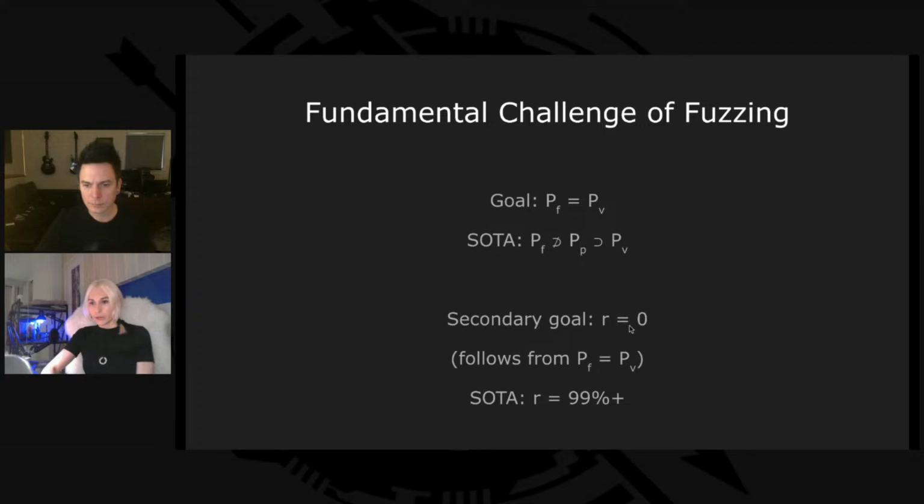There is a secondary goal here also, because we can reverse this problem around and think of it in terms of the error rate. If we are able to reduce the error rate of the fuzzer to 0, then effectively it's the same thing. We will reduce it to the probability distribution of the vulnerability. Currently the situation is that the error rate is 99%, as I showed previously. So this is how we can model the fundamental problem of fuzzing in terms of this probabilistic model at the high level.